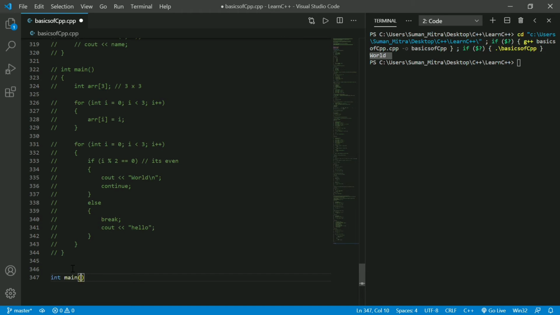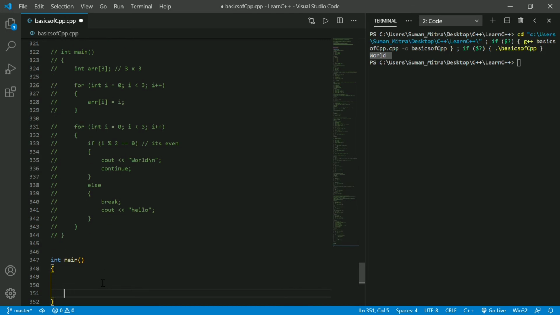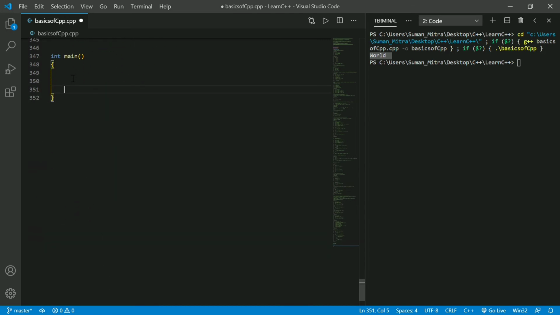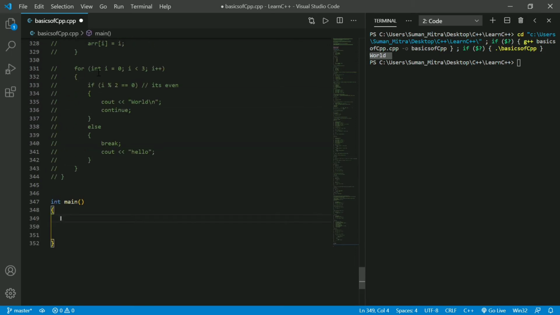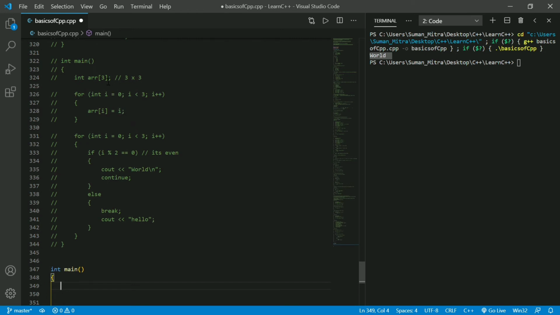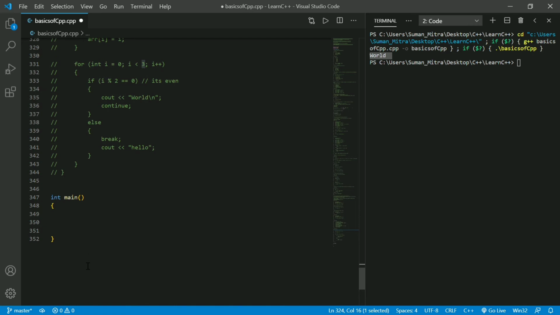int main. I want to teach you one concept, vector, but I don't want to take you too long, so I am trying to complete it here. In the array you can see that there are some difficulties. You cannot initialize it directly; you have to use a for loop to initialize it. You can initialize one by one, but you need a for loop, it's a lot of hassle, and you can't know the size. But in the vector there are a lot of options for you.